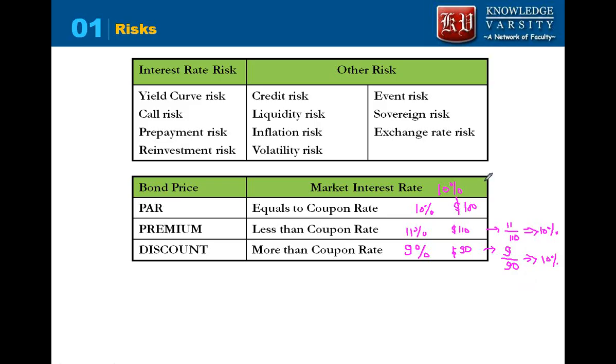So this is a very, very important consideration that you have to know in bonds. In fact, you can do this using your calculator. You can take any random values, and this market rate would be your I/Y in the calculator. N will be the number of payments, PMT will be the coupon, FV will be the future value or the face value of the bond, and you have to find out the PV from the calculator.